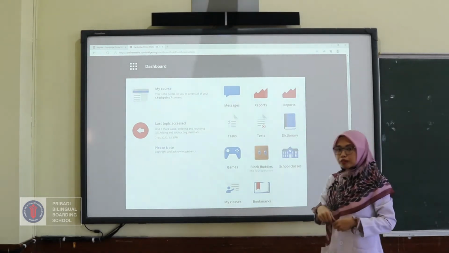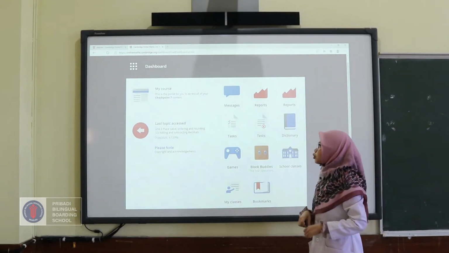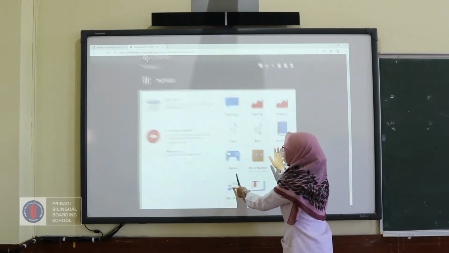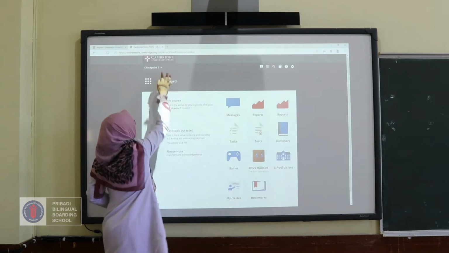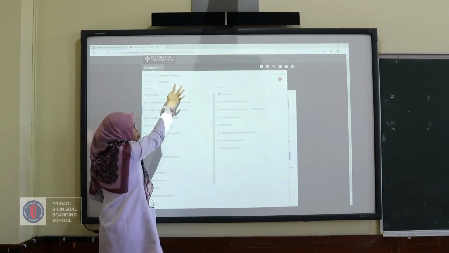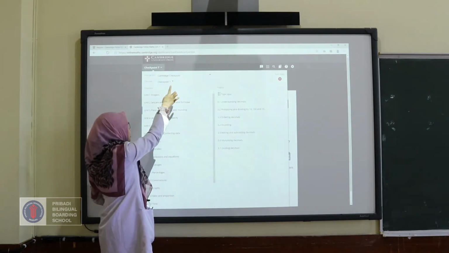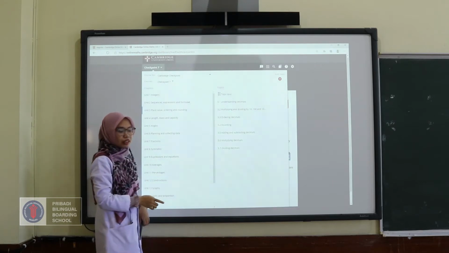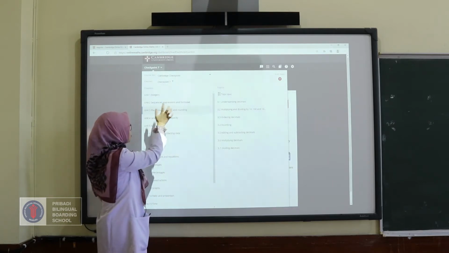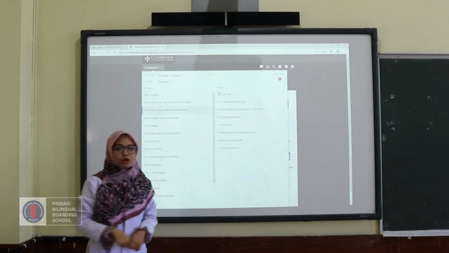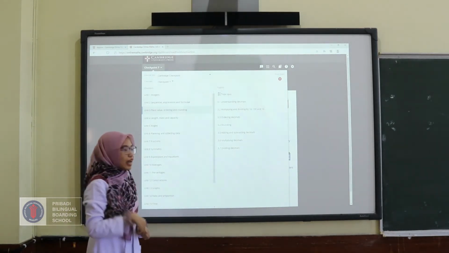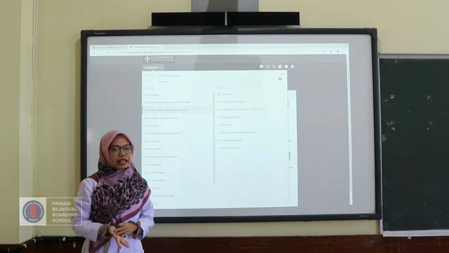But the first thing you have to do is to click your book. Make sure your book is Cambridge Checkpoint 7, and then our unit is place value, ordering, and rounding. And for today, we are going to learn about adding and subtracting decimals.